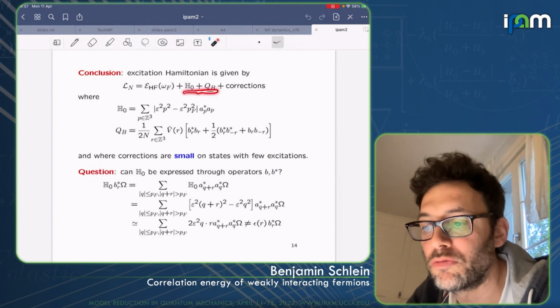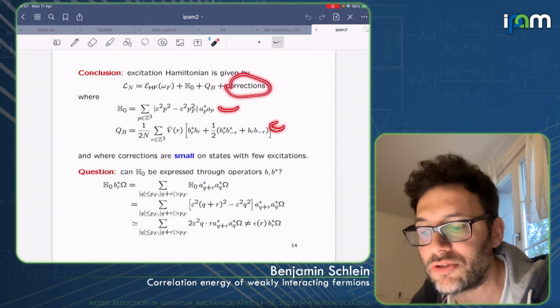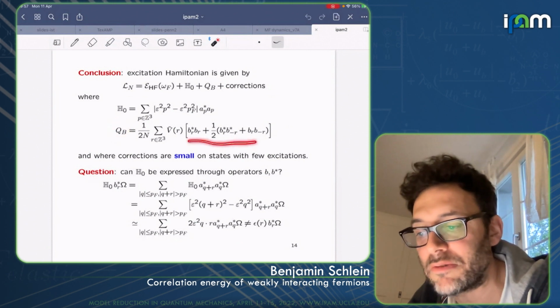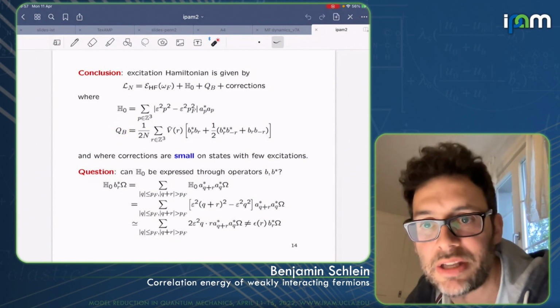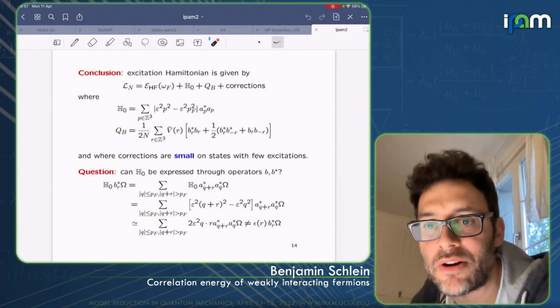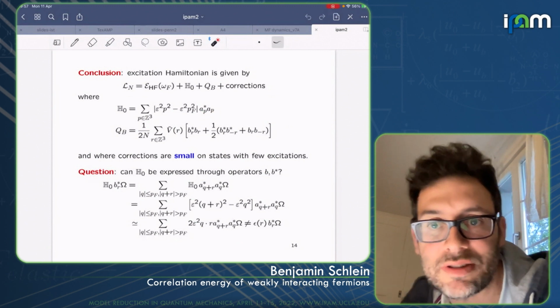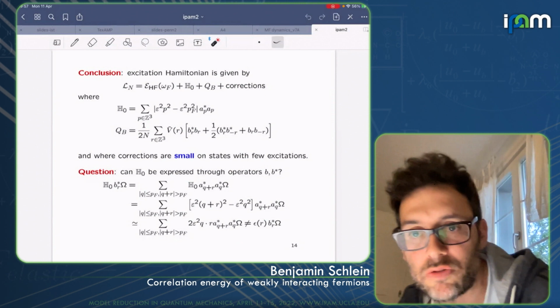And then there are these two main terms here, the kinetic and the potential terms. Okay? So now we are very happy because the potential term is written as a quadratic form in creation and annihilation of these bosonic or almost bosonic operators, and we know how to diagonalize them. So the only question which remains is the kinetic energy. The kinetic energy is still expressed in terms of the A operator. So how can we switch to the B?